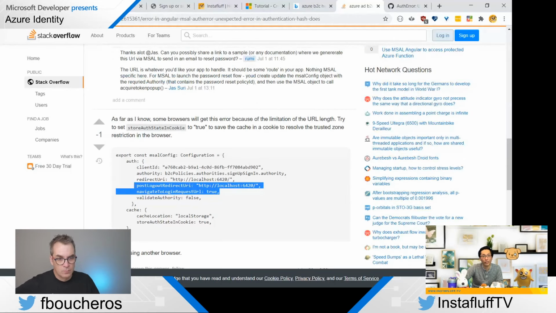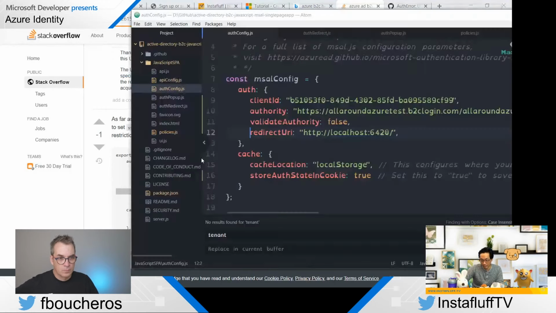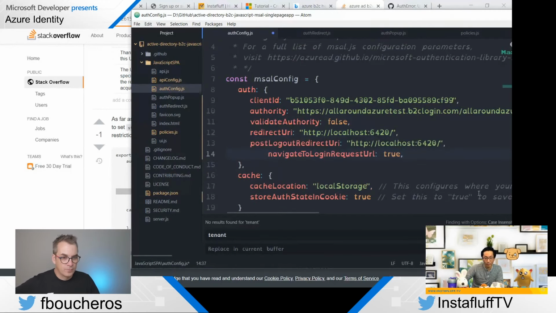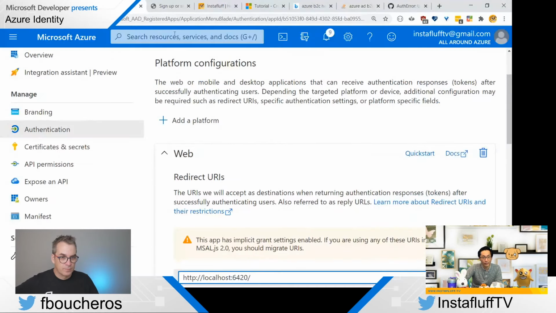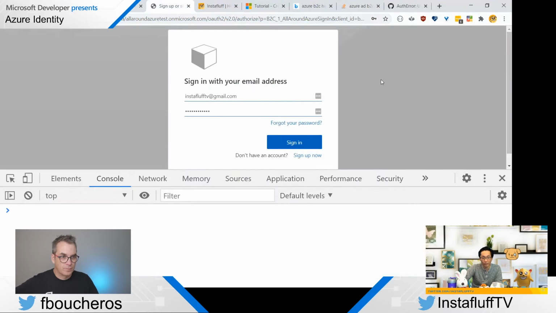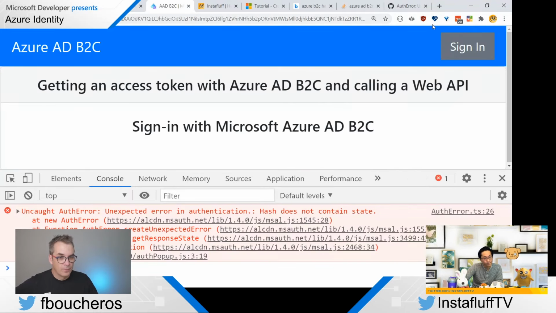Okay, I'm gonna try adding these options as well, because maybe that will help. Now if we go here, we're gonna refresh just in case, and then I'm gonna sign in. It's still the same.